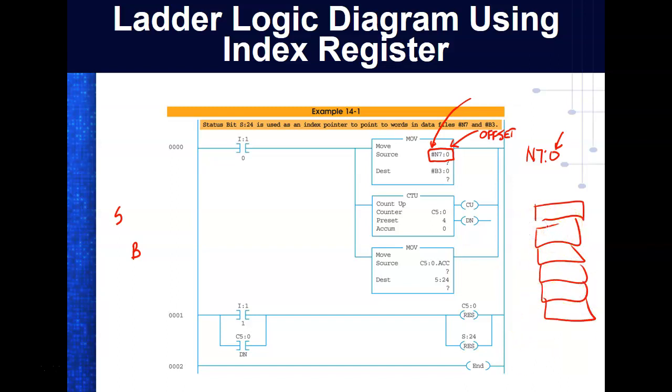I could start off here, and with indexed addressing, some of these instructions can automatically go to the next address, the next address, the next address. And one example we'll look at is